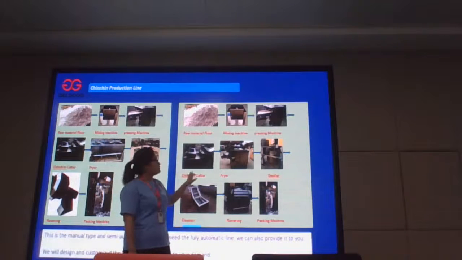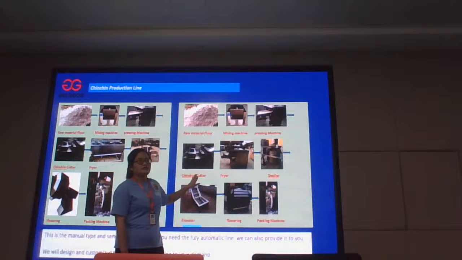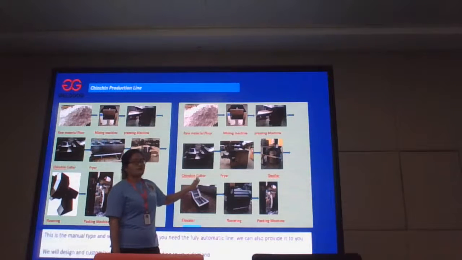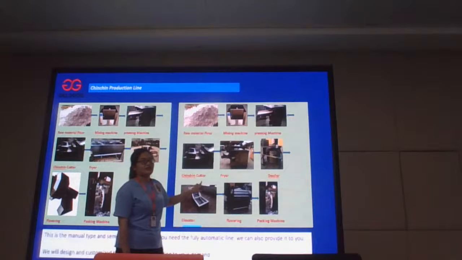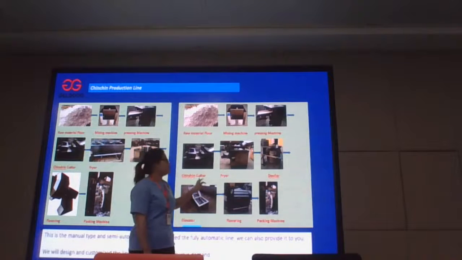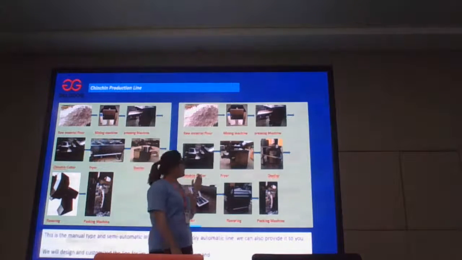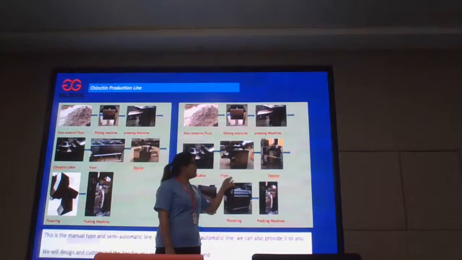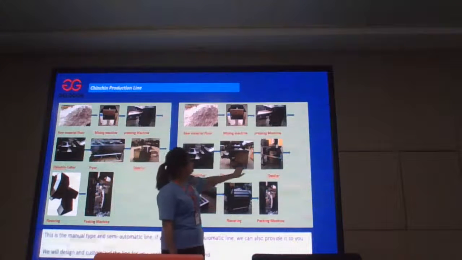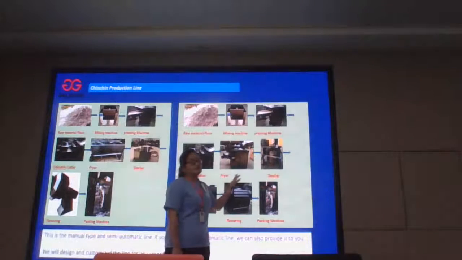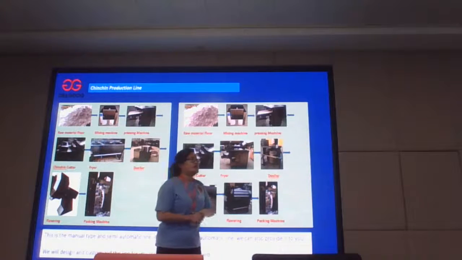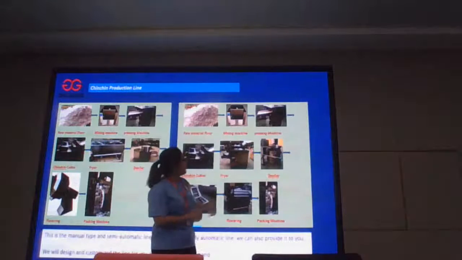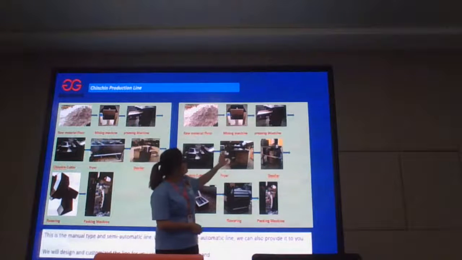It is very easy to do that. We can send you some videos about how to install the cutter and how to change the cutter on the machine. And after the cutter machine, it is the fryer. This is the round pot fryer machine. And we also have the fully automatic fryer machine. Later, we will also introduce it to you. About this round pot fryer machine,